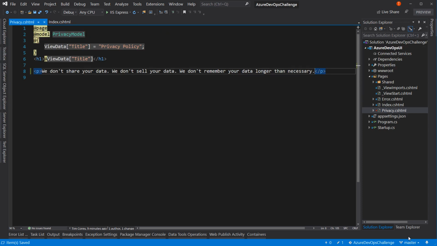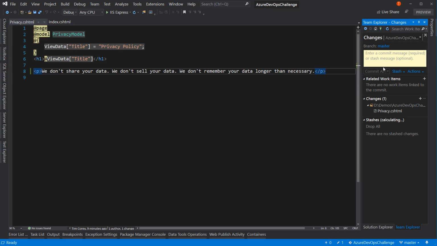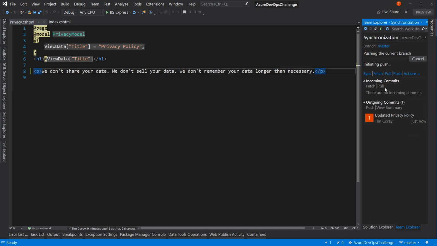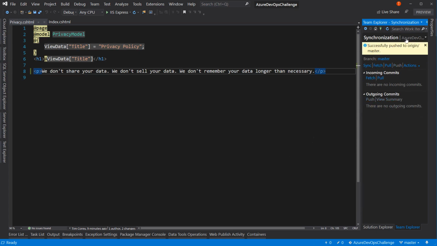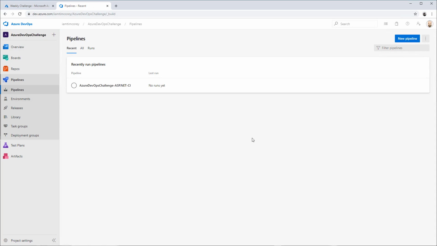Okay? Now what I'm going to do is I'm going to go to changes. I'm going to say updated privacy policy. I'm going to commit and push. Remember, I just turned on continuous integration, which means if I go to pipelines, it's going to kick off pretty soon. All right, it seems like it's not triggering for some